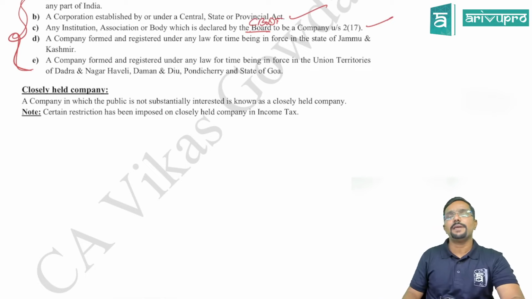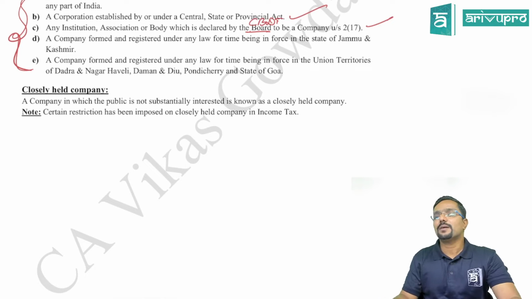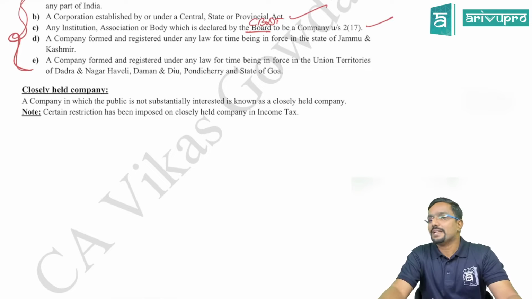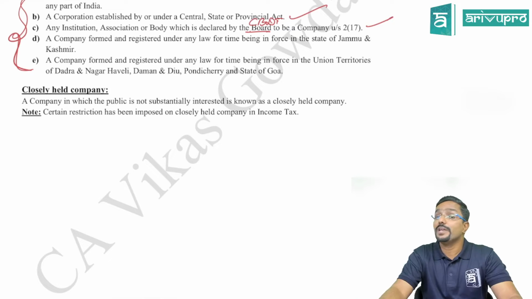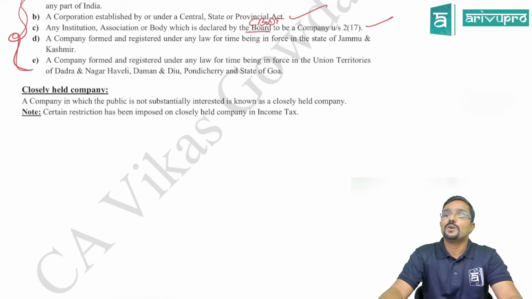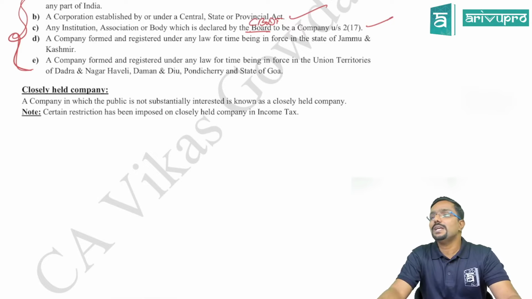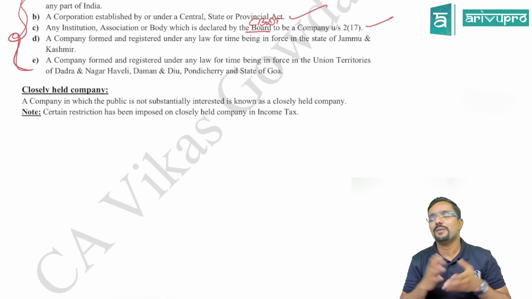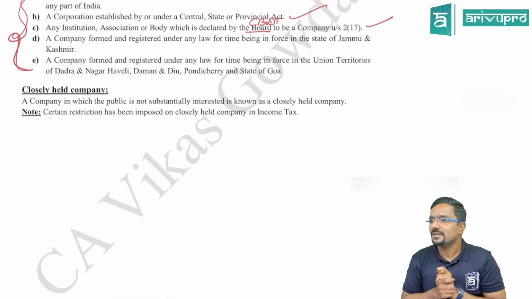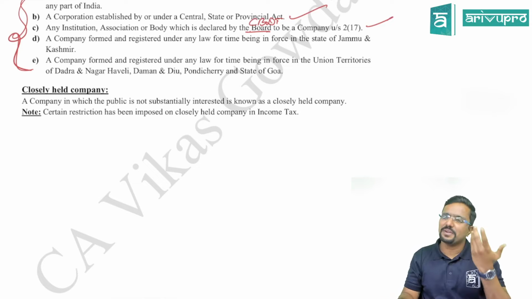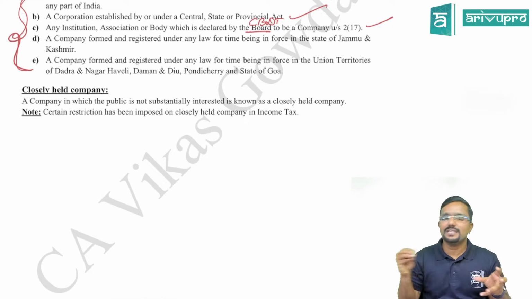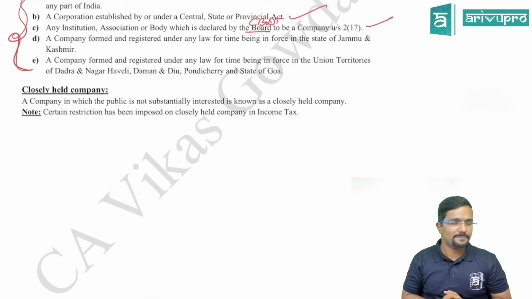Closely held company means, see, we know something called a private limited company and a public company. For income tax purposes, they may not use terms like that. Private limited, public limited, they may not use. They use different words. What is it? Closely held company. A closely held company means a company in which the public are not substantially interested. It means the public is not bothered about what is happening there, because the public is not holding any shares in that company. So what do we call that company? Private limited company. So a closely held company is nothing but a private limited company, guys.